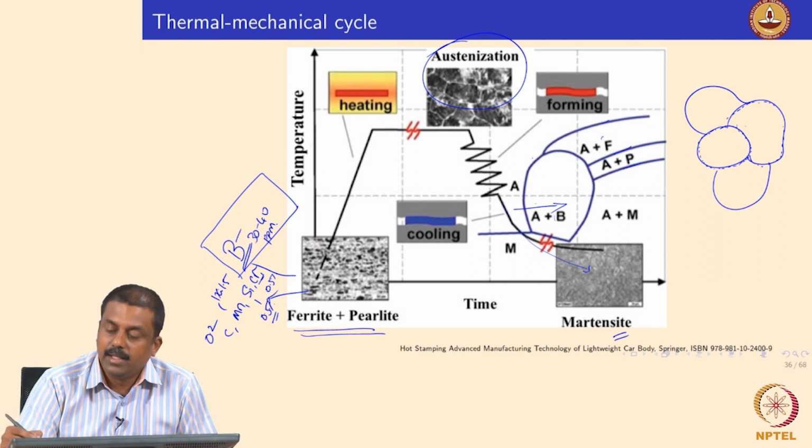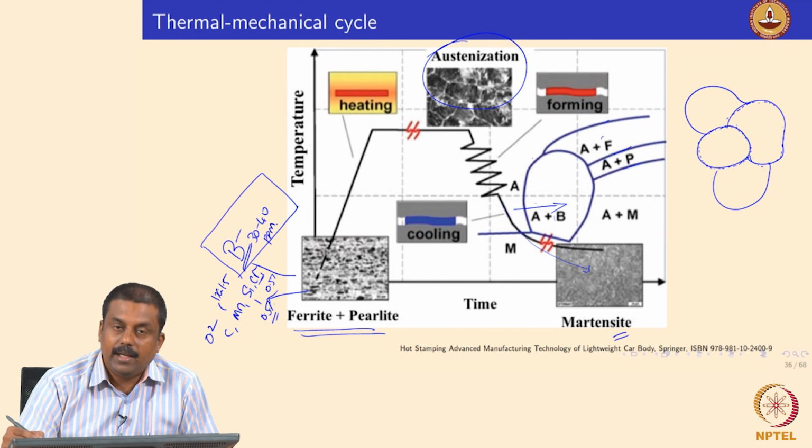The moment boron segregates to the grain boundary, when you are cooling this austenite to room temperature, the nucleation of ferrite is retarded. Even if you form pearlite or bainite, you need to nucleate a ferritic phase. The solubility of boron in ferrite is also very low, so if ferrite has to nucleate, the boron atoms have to be pushed out. Otherwise ferrite cannot nucleate. If the boron atoms segregate to the grain boundary, it is very difficult for them to move away, because grain boundaries are the most energetically favorable locations for boron atoms.